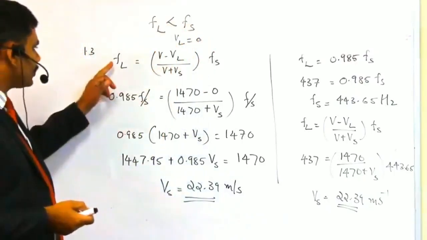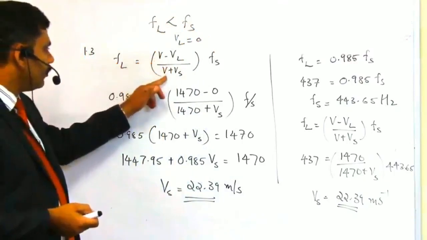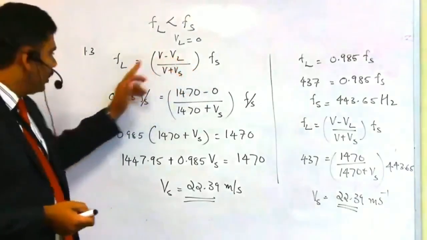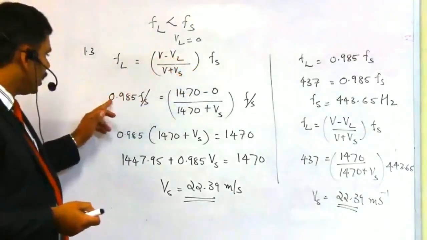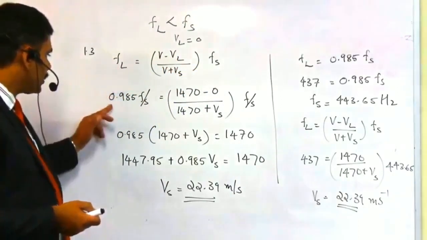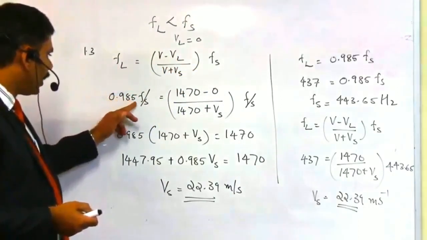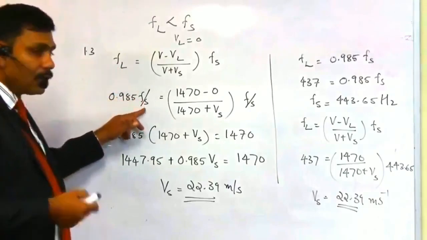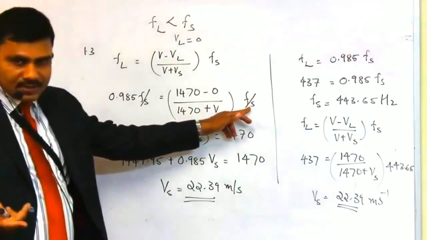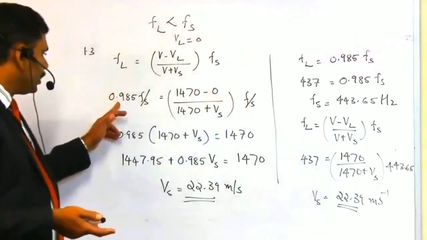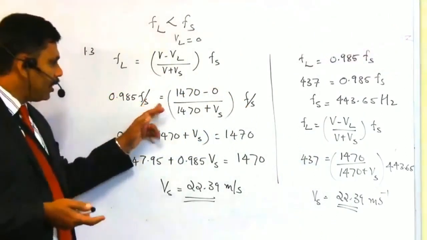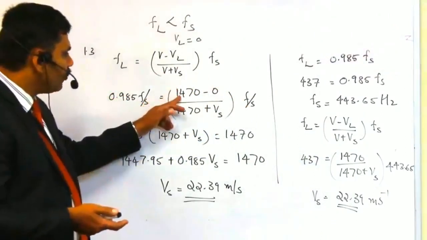Our equation becomes FL = (V − VL)/(V + Vs) × Fs. The frequency detected by the submarine is 0.985 times the frequency produced by the ship, where the frequency produced by the ship is Fs. So 0.985 Fs equals